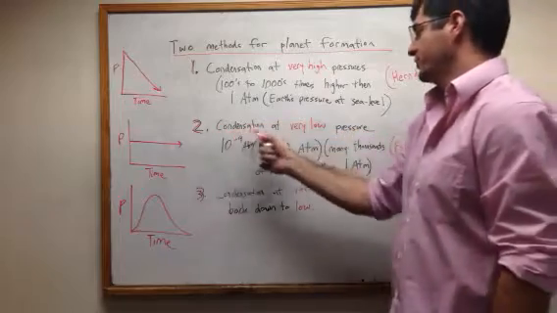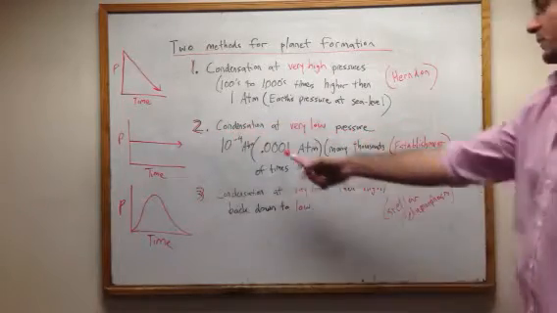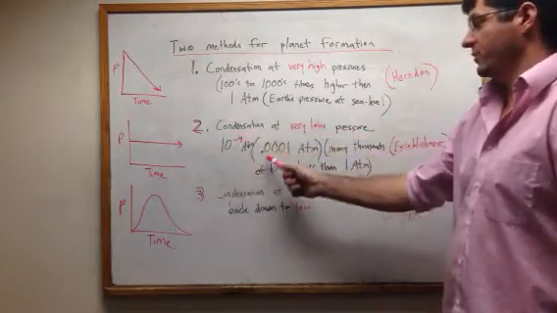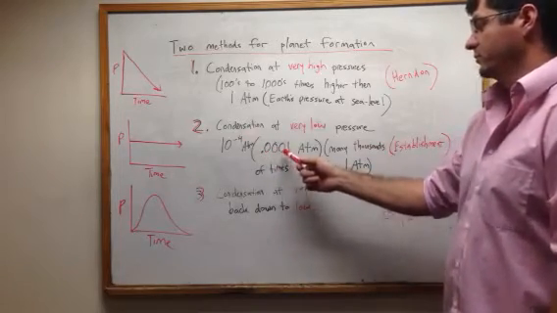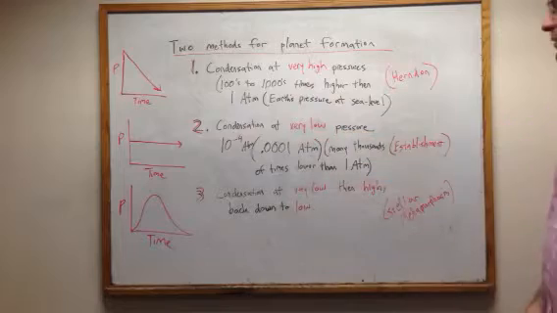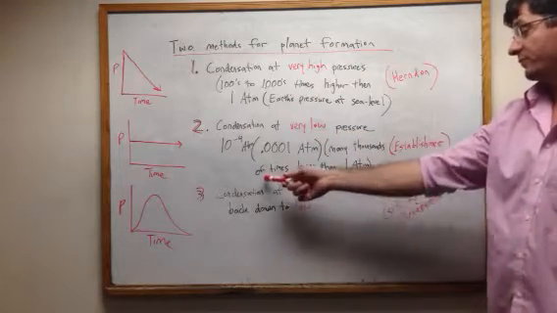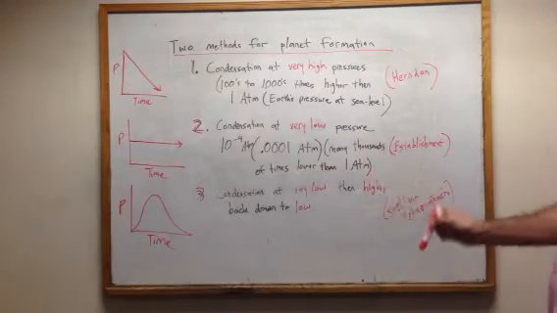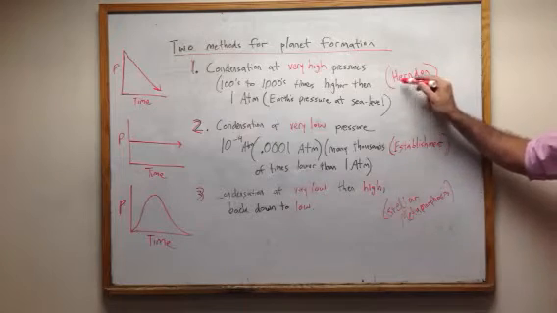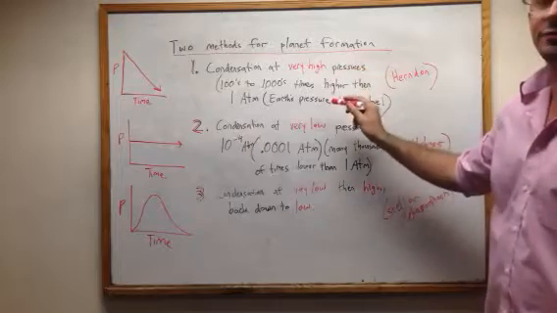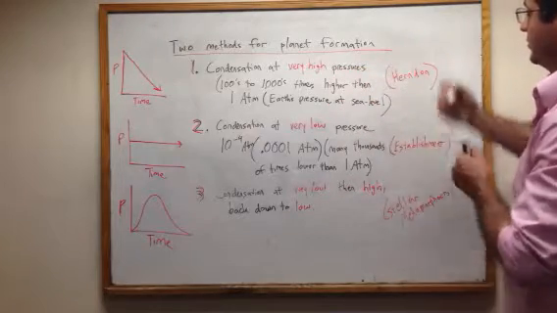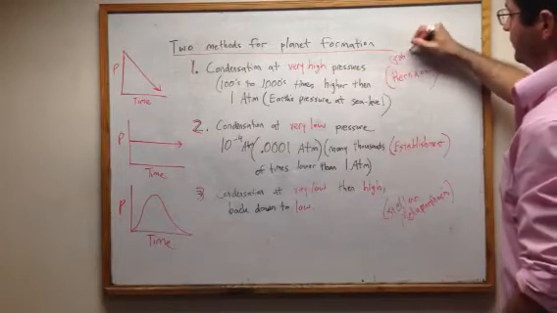Number 2, condensation at very low pressure, which is 10 to the negative 4 atmospheres. I think I did my scientific notation correct on that. 0.0001 atmosphere. That's many thousands of times lower than 1 atmosphere. Okay? Herndon has condensation of the Earth at very high pressures. This makes sense. Okay? Because he has gas giants